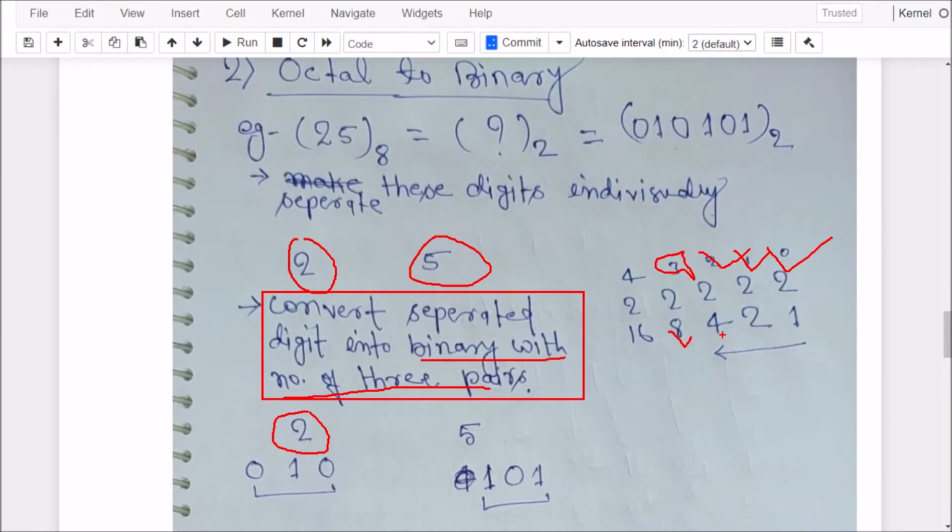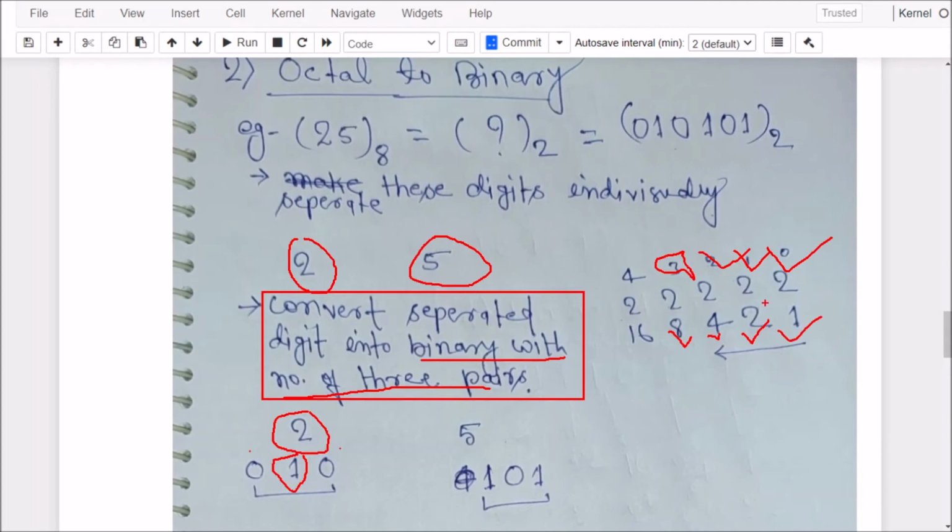So we have to use 2 to the power 2, 2 to the power 1 and 2 to the power 0 only. Okay, so how can we convert? Here we can say this is 2 to the power 0, this is 2 to the power 1 and this is 2 to the power 2. We can see here this is the 2 value, this is the 4 value, this is the 1 value.